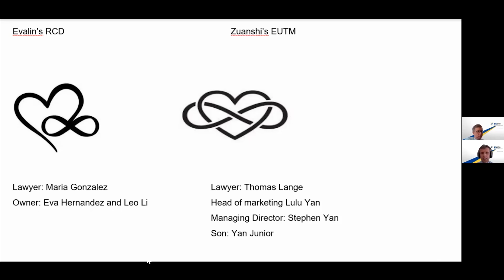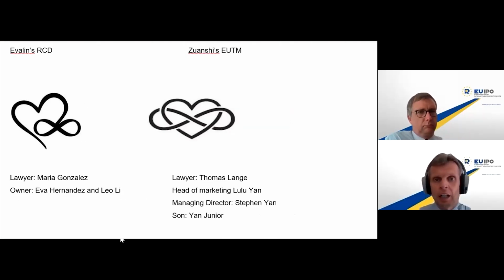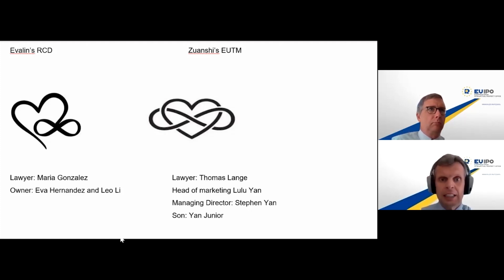On the other hand, we have Swanxi, which is a Chinese company, a fairly large Chinese company that has an earlier EU trademark, which has a heart-shaped device in the center, and arguably a number 8 that interlocks. There's of course some argument between the parties as to what the designs actually portray, and